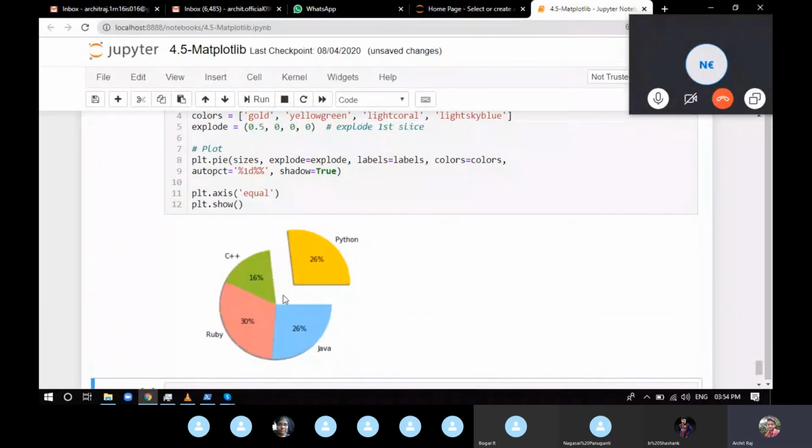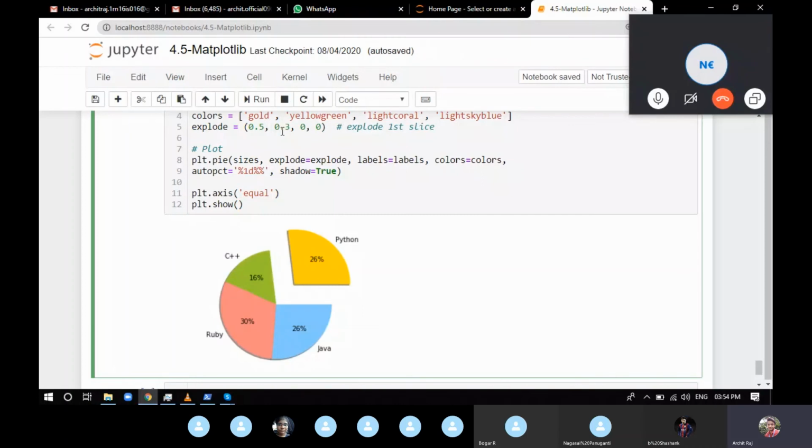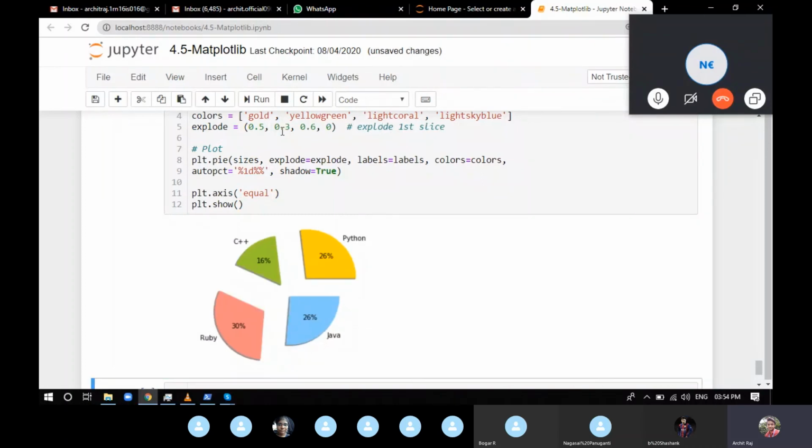So we can see the pie of Python has been exploded from the center. You can provide different explode values for different slices. Imagine for C++ we provide 0.3, for Ruby we provide 0.6. So you can see each and every slice has been exploded out of the center.